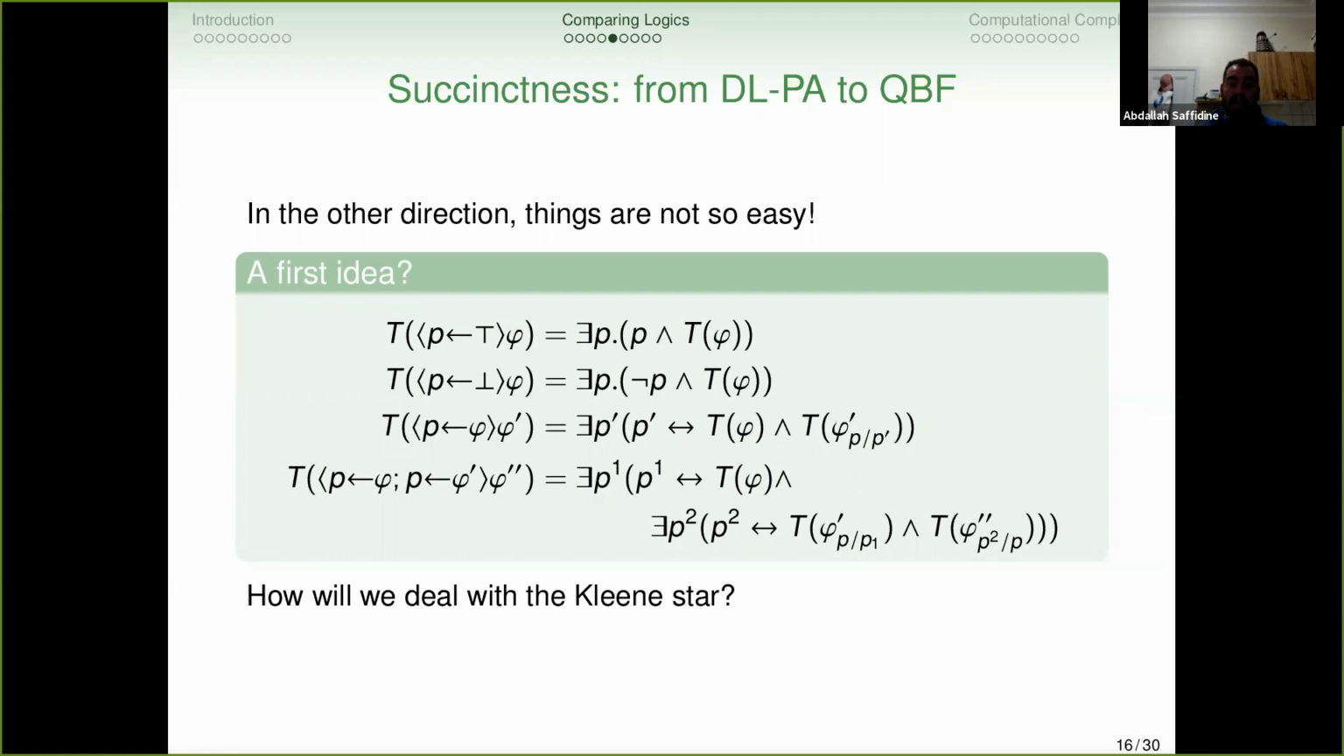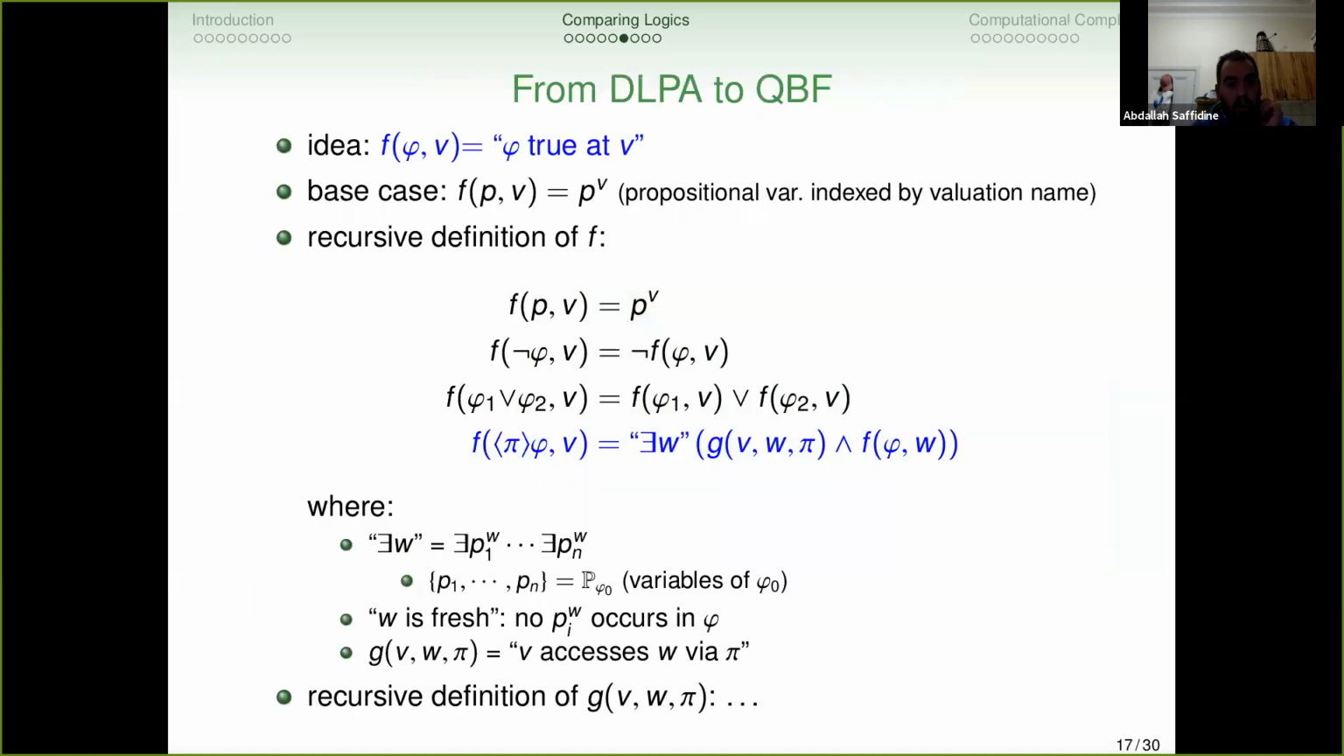So that's the main idea. What this doesn't tell us is how we're going to deal with the clean star. And this is not a formal transformation anyway. So let's try to do things a bit more formal. So the main idea for our transformation is to define a function f that will tell us